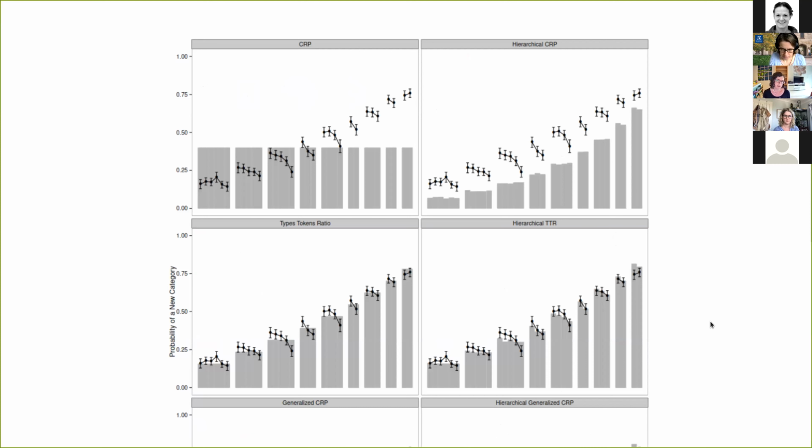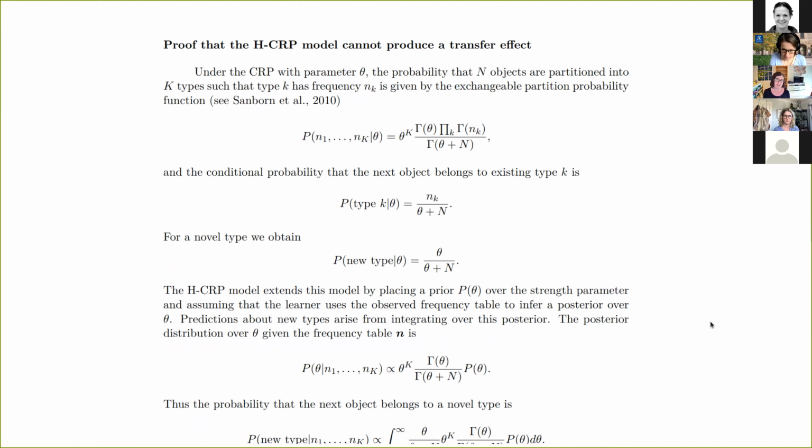So I will collect some data. It gives me these nice, pretty pictures like this. So I've got data from lots of conditions. Some models work, other models don't. In the appendices to the papers, I provide nice proofs that, yes, under no parameterization can this model do blah, blah, blah, blah. This kind of thing is quite common in a very, very small part of the psychological literature, but it's not generally the way that psychology works.